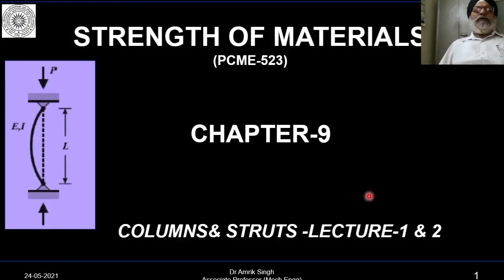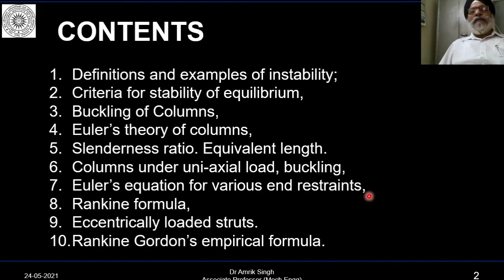Today we are going to start the new chapter, that is columns and struts. The contents of this chapter are definitions and examples of instability, the criteria for the equilibrium of columns and struts, the phenomenon of buckling of columns, Euler's theory of columns, what is the slenderness ratio and the equivalent length, column under uniaxial load and buckling,